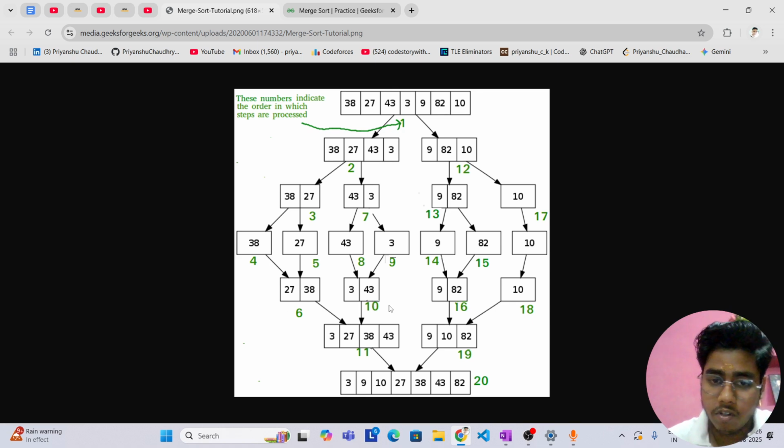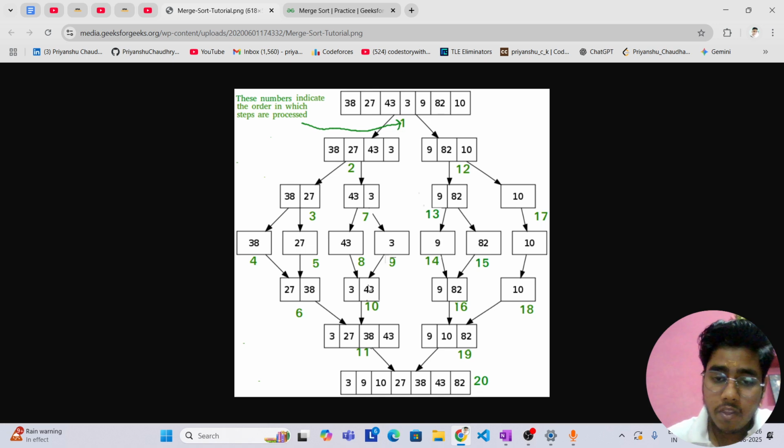Now we will compare 27 and 43. So 27 will be pushed back. Now left pointer will be increased, 38 and 43, so 38 will be pushed back. Now if one of the array is exhausted, we can see that sixth array is exhausted. So now for the edge case we have to push back 43 also.